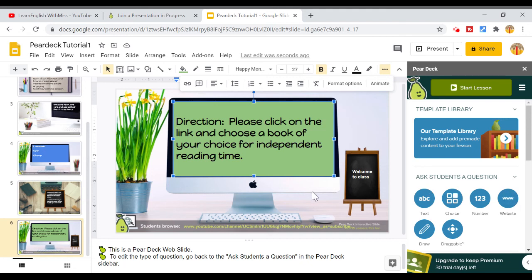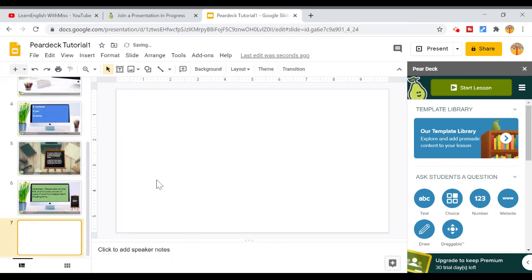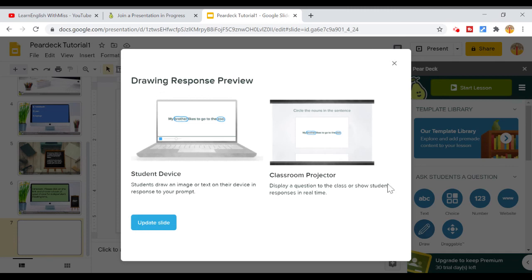So we did the website, we did the numbers, the multiple choice, and the text. We just have a few more left. So I'm going to add another slide right here. And once I do that, I'm just going to go back to my option here, which is the draw. That's the next one on our menu. So when it says draw, you have to select what it will look like. So since our students are going to be working from their device, I'm just going to select this option